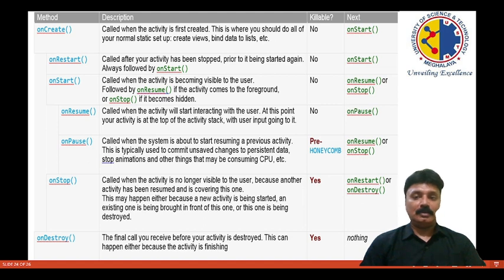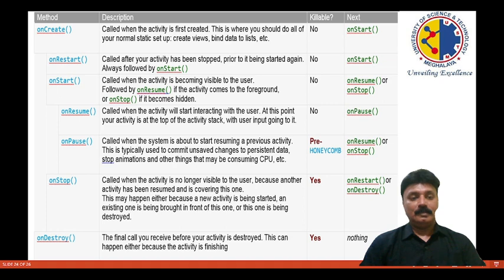onResume or onStop will be hidden in the foreground. Then onResume is called when the activity will start interacting with the user. At this point, the activity is at the top of the activity stack with user input going into it.